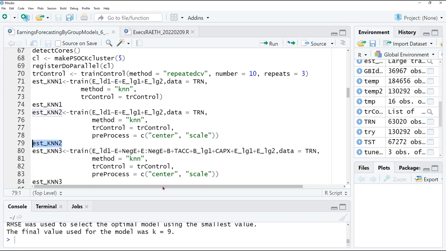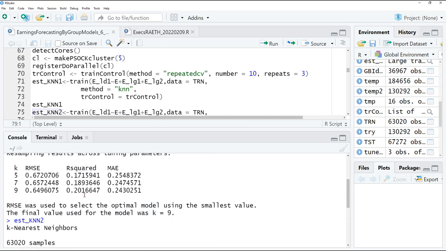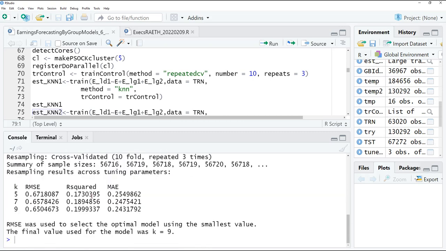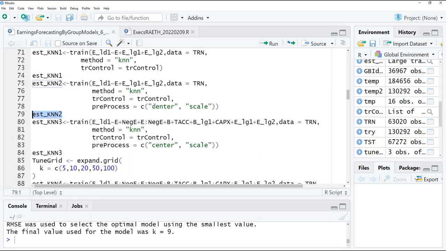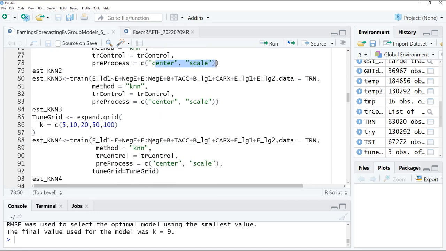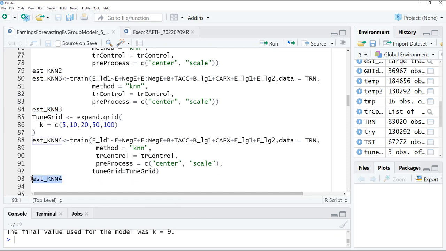So if we look at the one where we pre-process, notice the R-squared value. So here we went from 17 to 20. This one went from 17 to just under 20, so our R-squared decreased a little bit as we centered and scaled things, and then we add more variables to it, and it increased just a little bit, so 21 to 24%, and this one we centered and scaled and added a lot more, and we went across this grid